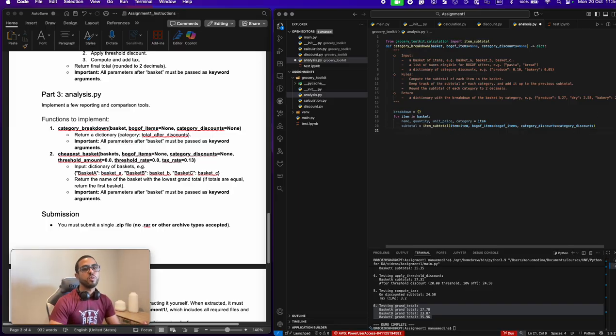Now we need to check if in our breakdown, our variable to store our information, we have this category. If we have it, we need to update the subtotal amount. If we don't have it, we just have to create it and give it the new amount. Okay, if category in breakdown,